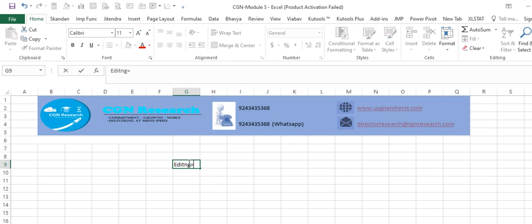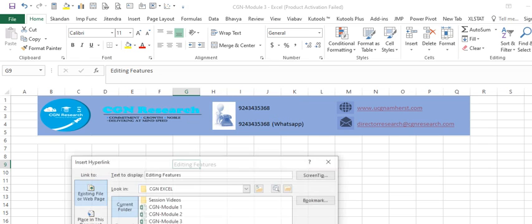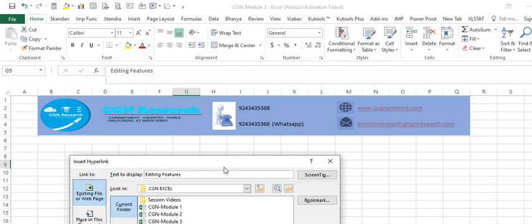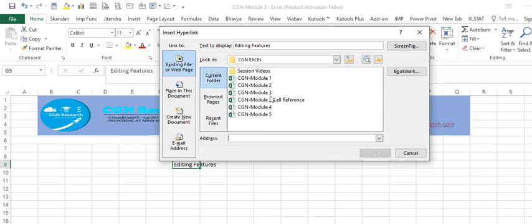For example, I'm giving the name of the sheet. I make a right click. There's an option called hyperlink, and then it asks me where exactly it has to display. So I'm talking about the same sheet, and then I say OK.